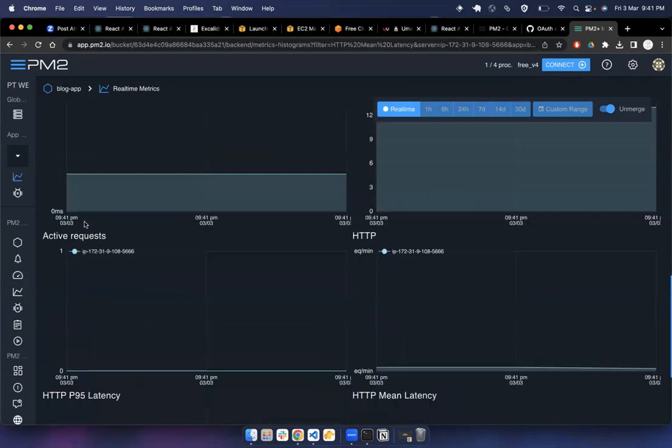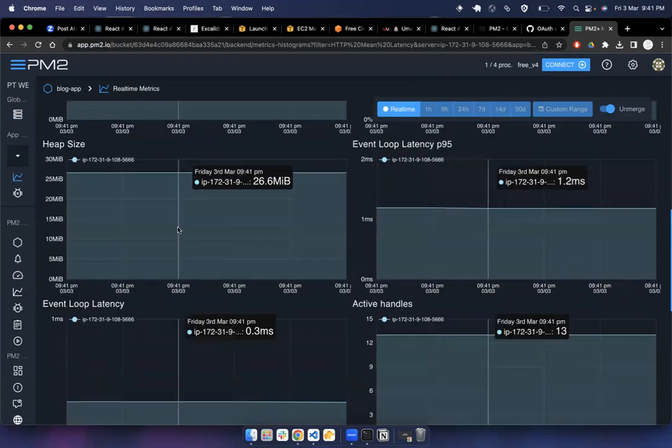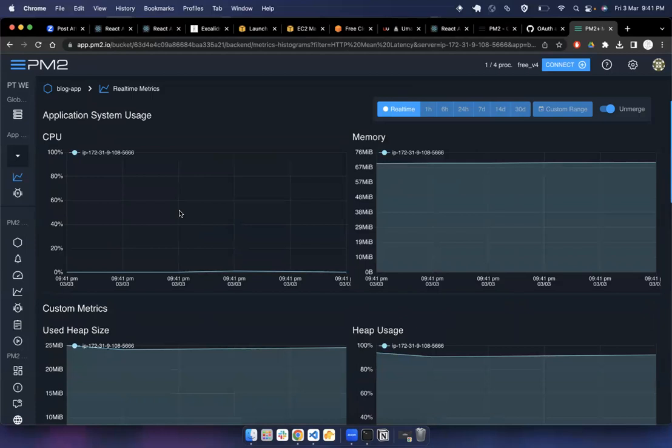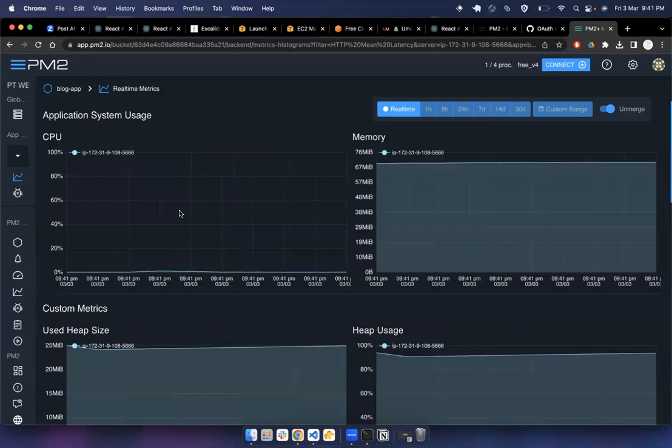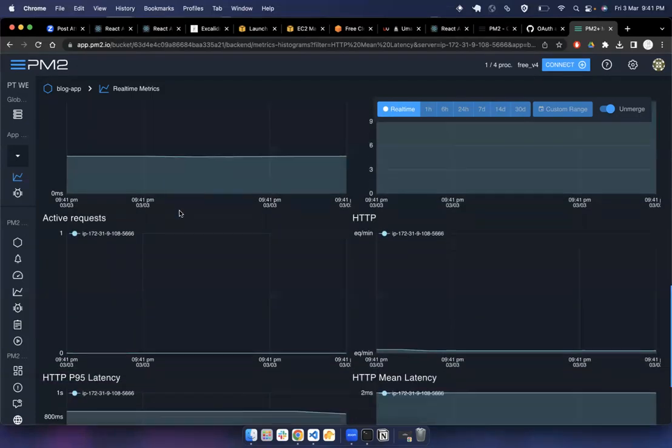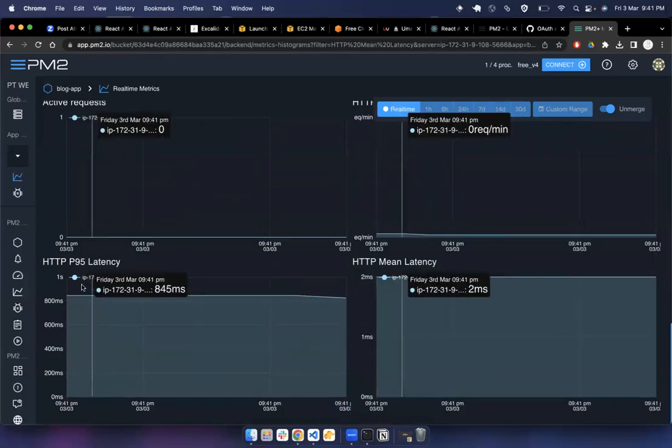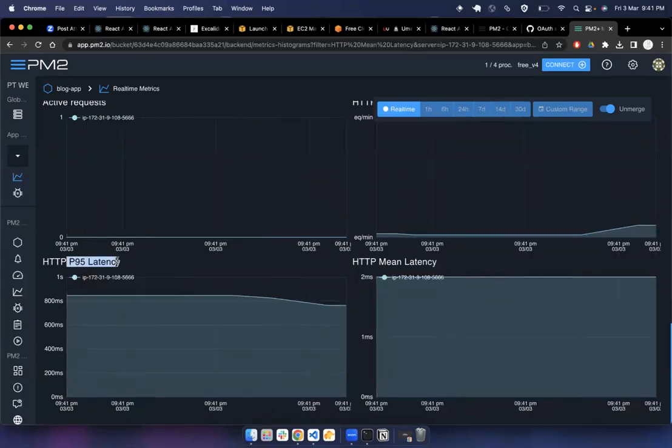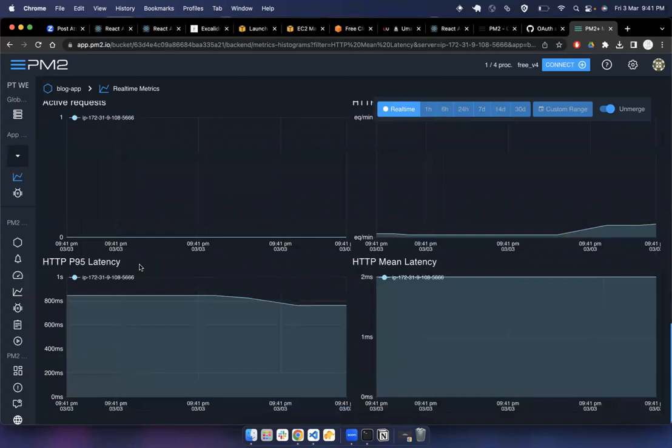So this is going to give you some metrics like how much time your application is taking for each HTTP request. So P95 means 95% of my